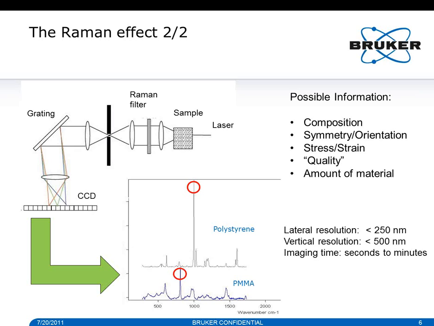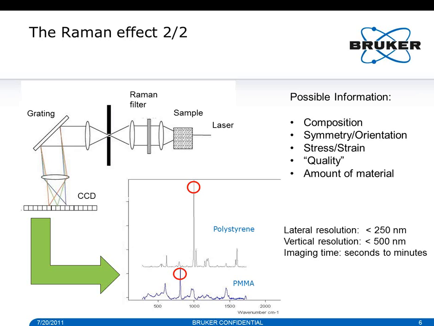I mean, you can get information, not only about composition, you can also get information about crystal symmetry or orientation, because polarization of the beam can give you useful information here. You can learn about stress and strain in a sample. You can learn about the quality of a crystal to an extent, and you can get some information about the amount of material on your sample. So it's quite complementary to AFM actually, which really makes it a nice fit, and it becomes even nicer when